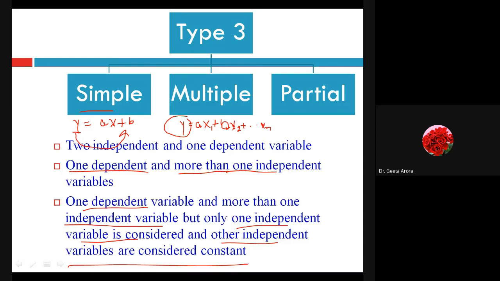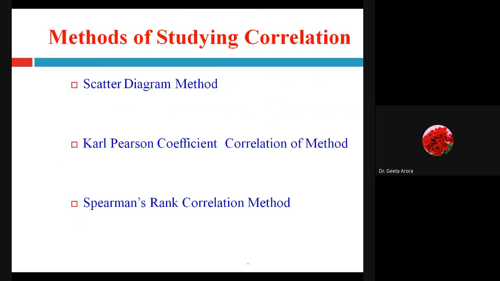When we are looking for the different factors which are responsible for a particular thing, then it is multiple. And the same thing leads to the partial when we are looking for the effect of one thing, when we know that a lot of other things exist which have an impact on it. Correct? So this is what we have as type 3. Now, as we have discussed, we are going to learn only the simple and the linear correlation. Other relations also are there, but in our course, we are not going to look at that. We are restricted to only linear correlation of simple type.